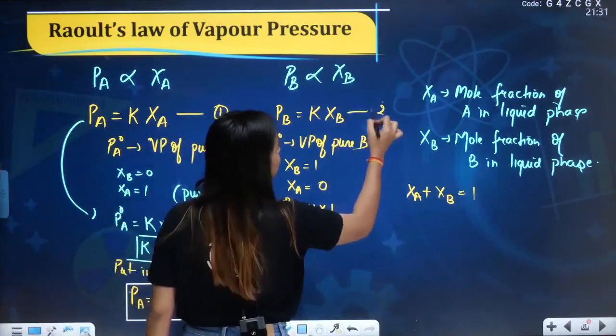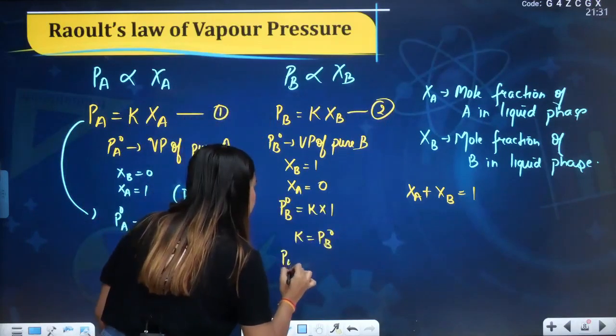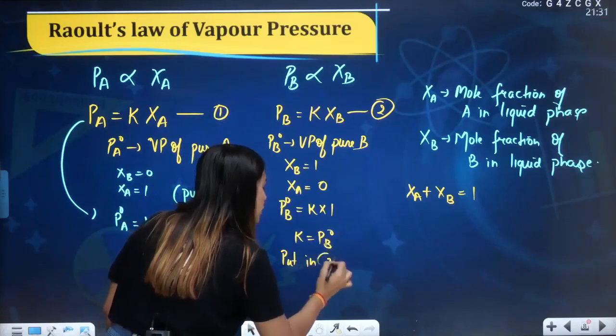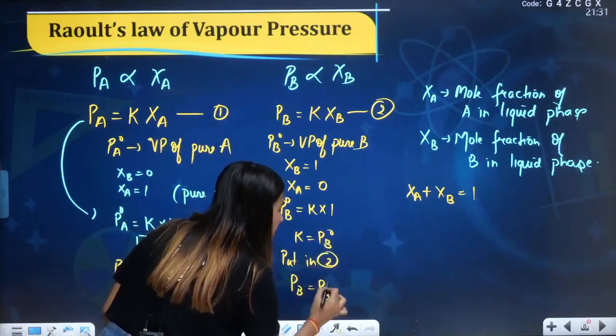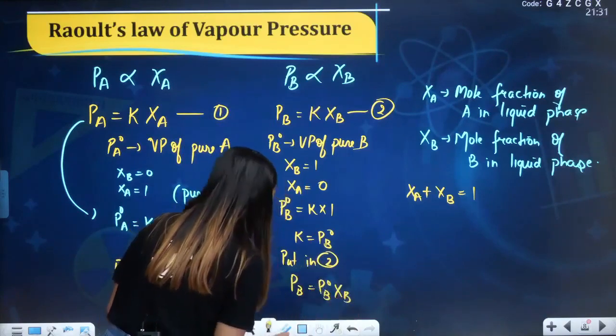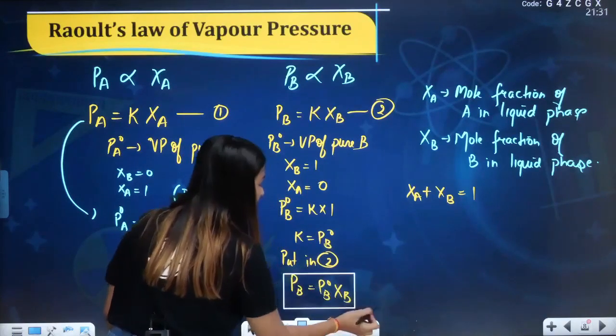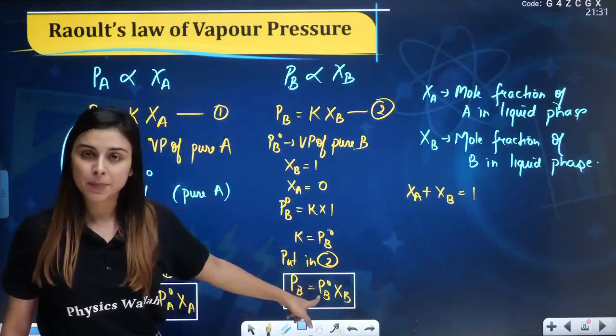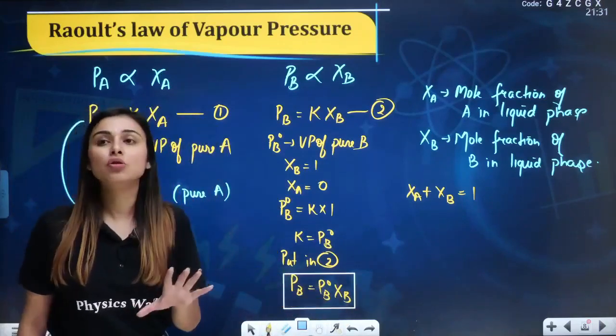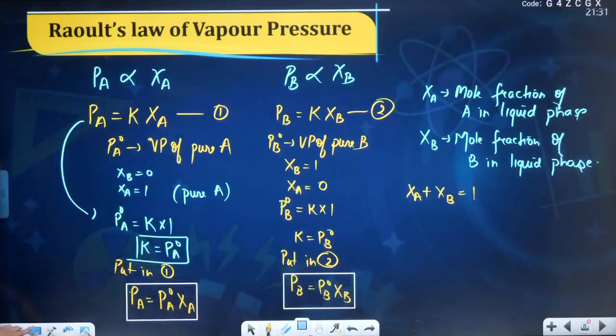Let us say this is 2. So you have to put in 2. You can say that PB is equal to PB naught XB. This is the expression for the partial vapor pressure of B. Okay, from Raoult's